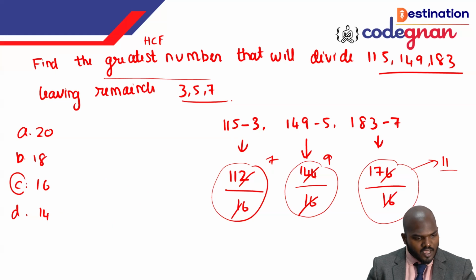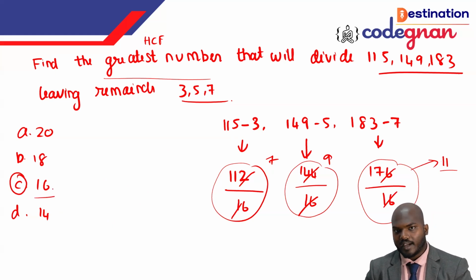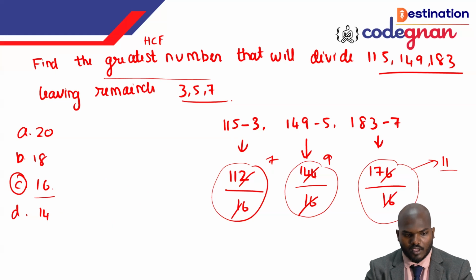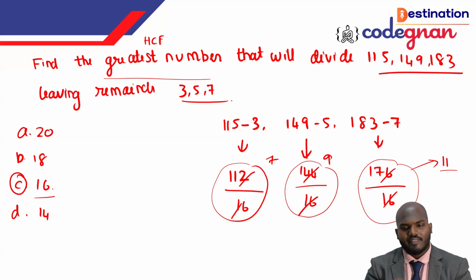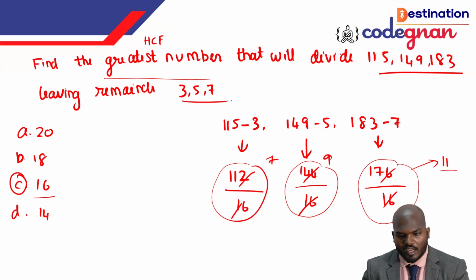Okay, I understand that you have a little bit of doubt. I'll tell it again so that you can understand clearly. I have the question here: find the greatest number. What is the greatest number? I told you that it belongs to the HCF. So just reading the question here, find the greatest number that will divide all these numbers and leave the remainders 3, 5 and 7. I am saying that 16 will divide all these numbers and give you the remainders 3, 5 and 7,